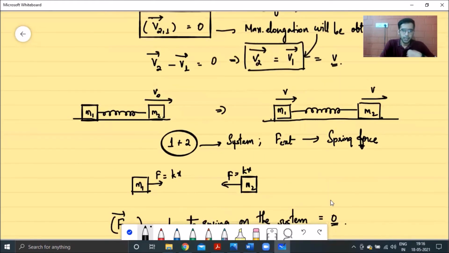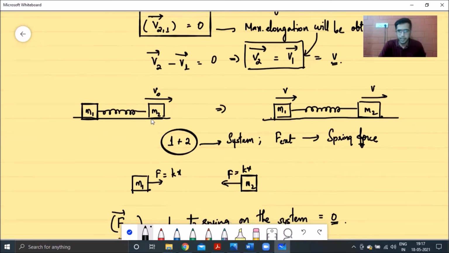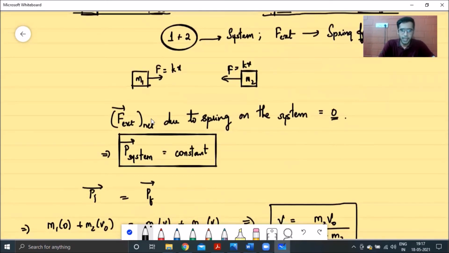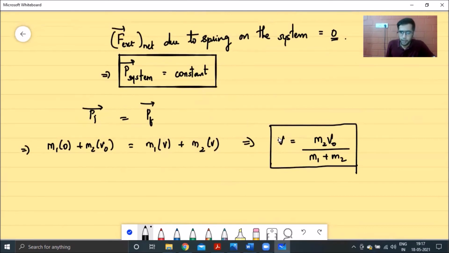And then when we looked at the case from the initial condition to the final condition, that is at maximum elongation, we saw that the only external force acting on these two blocks, which we are considering as a system right now, is the spring force, but the net external force acting on the system is 0, because the spring exerts a force towards left on block 2 and the same force on block 1 towards right. So the total external force acting on the system is 0. That implies that I can use my conservation of momentum. And using that, we found out what velocity these two blocks would have at maximum elongation, right?